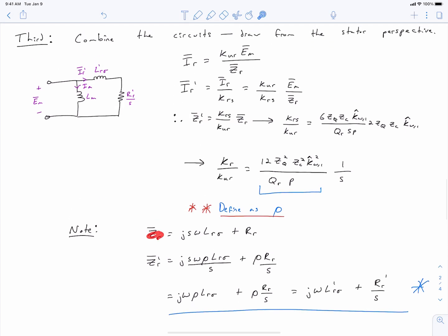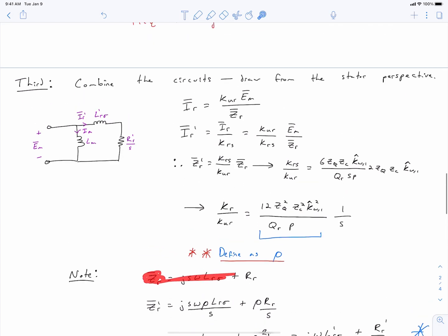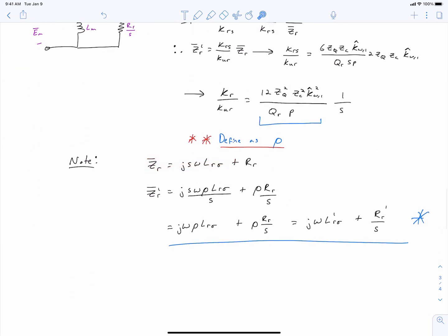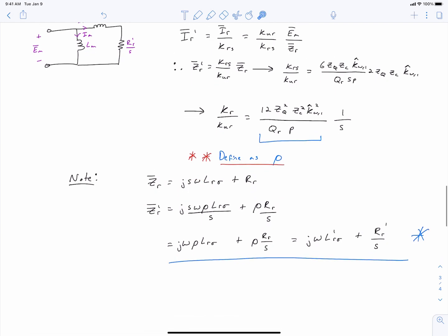When we talk about the impedance of our rotor circuit, that was this circuit over here, we're again evaluating it at the frequency of s omega. So we get this expression. That's pretty straightforward. Now, when we bring that over to the stator side by following this relation up here, we end up getting